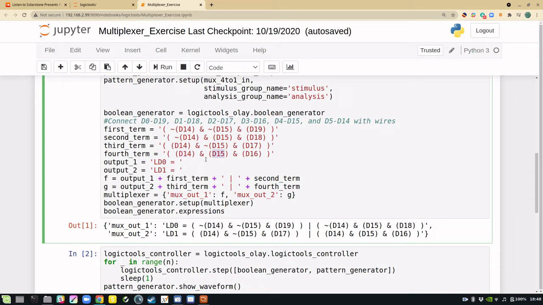So the placement of the inverters matters there. And then these are the data select lines, and they're ANDed. So we have the first, second, third, and fourth term in the logical expression for the multiplexer. Now, we would have liked to just OR all of these and then send the output to some observable, like,